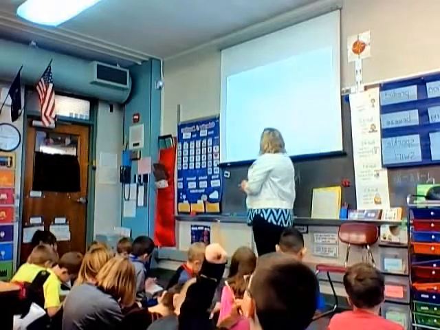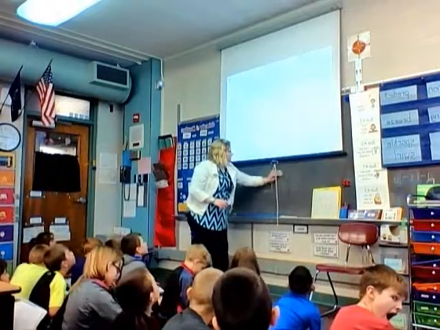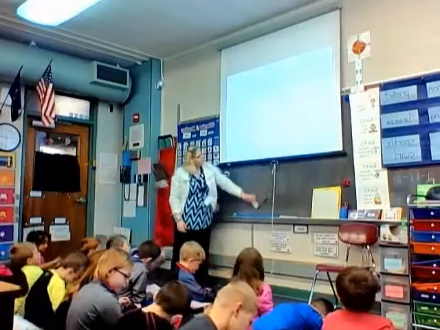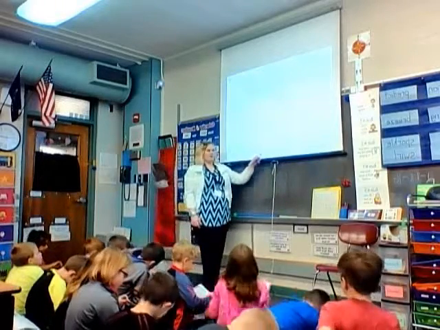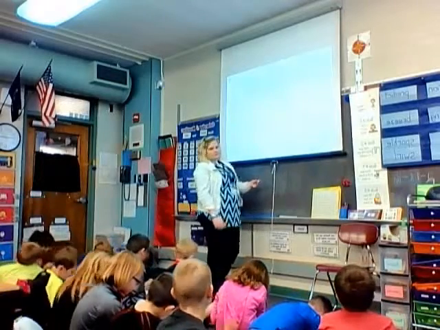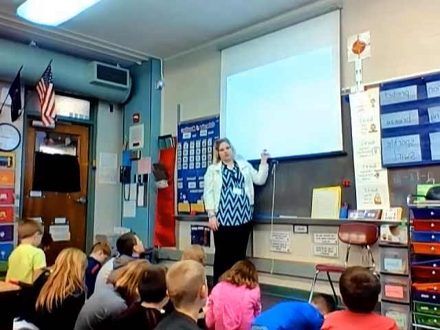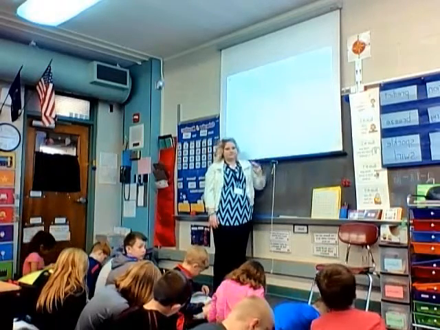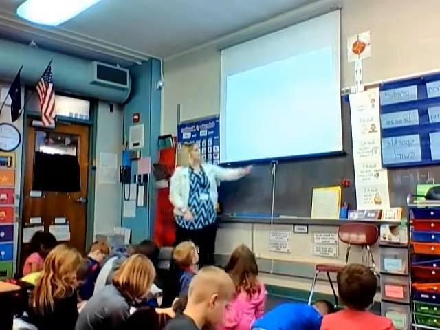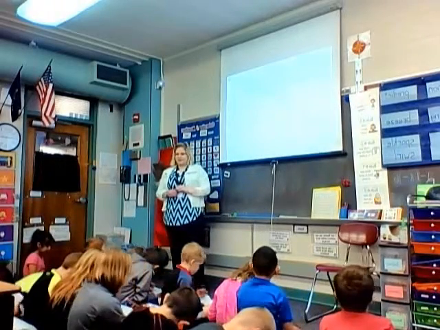I want you to write two things for what you know about weather, and two things for what you want to know about weather. In the same column or different? This is for what I know, and this is for what I want to know. K is what I know. Yep, what I know. So two for this one, and two for this one, about weather. Yes, about weather.